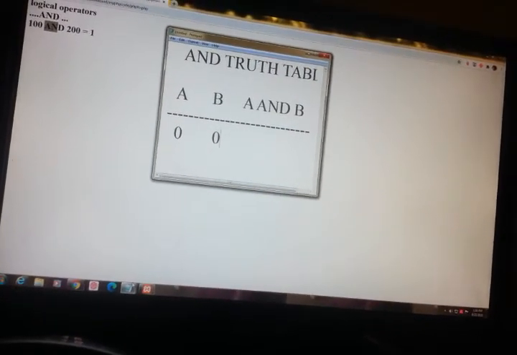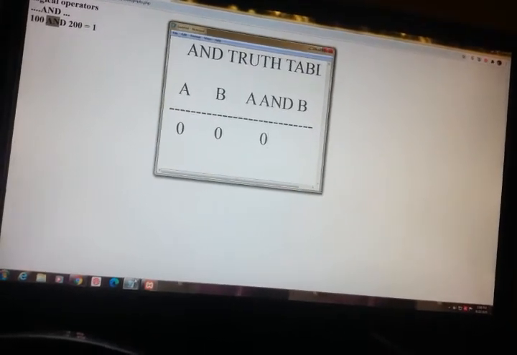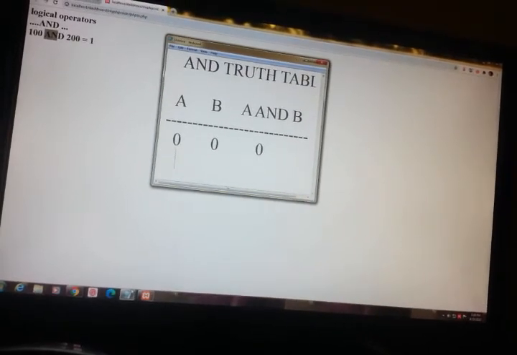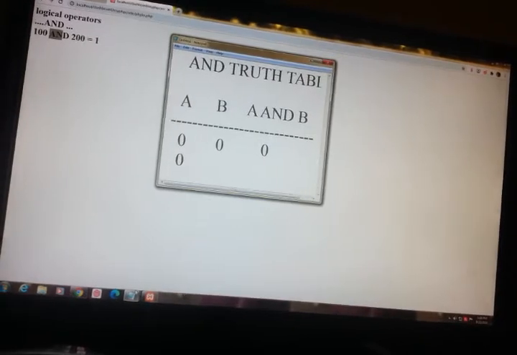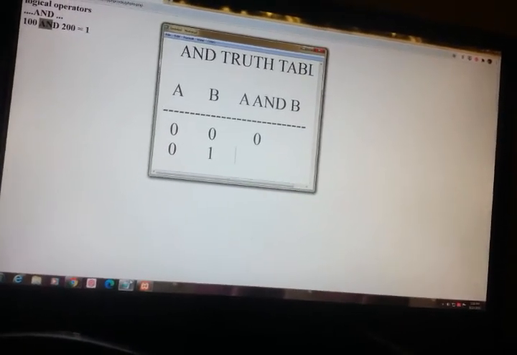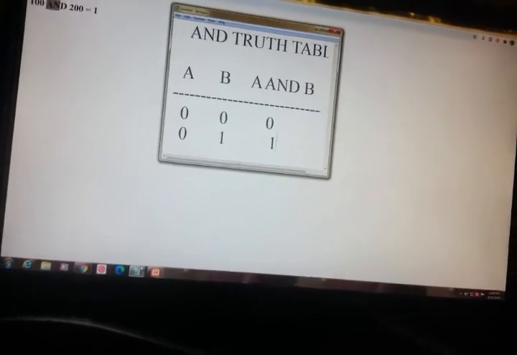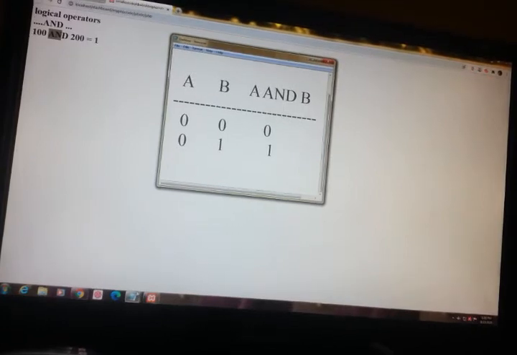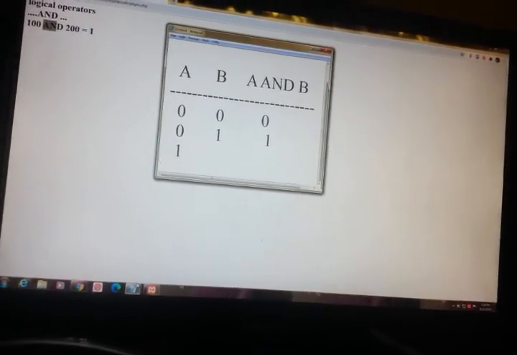So if you multiply 0 with 0, what you will get? 0. Then 0, 1. So when we multiply 0 and 1, we should get 0. Then 1, 0.